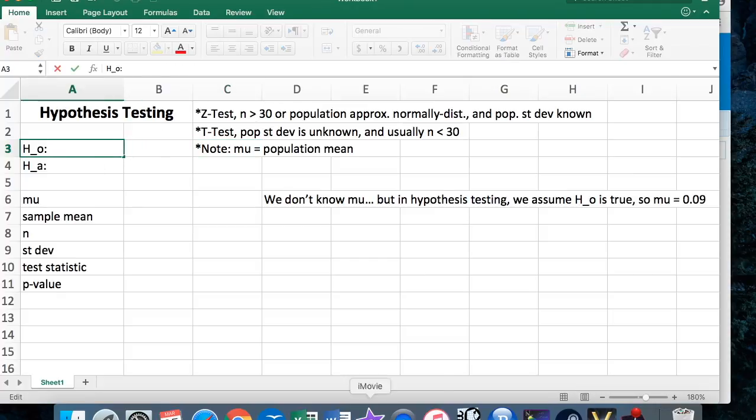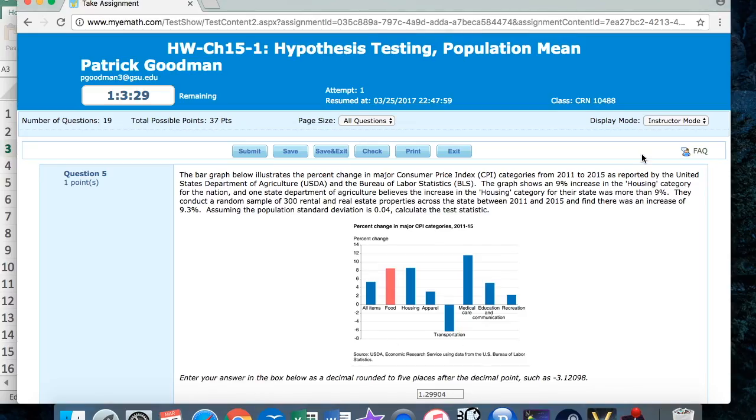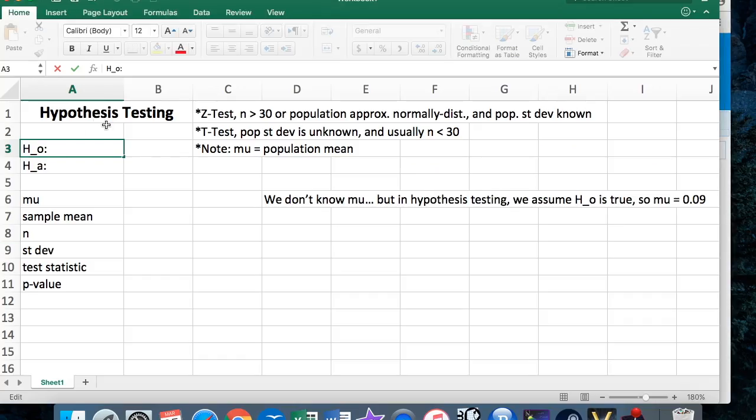All right, so let's identify our hypotheses. So first off, remember the null hypothesis is always going to be equals something. Now here I just note that mu is equal to my population mean, in case you look at mu and you're like, what the heck is mu? It's not a cow, it's the